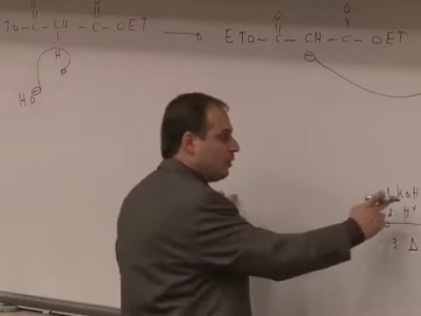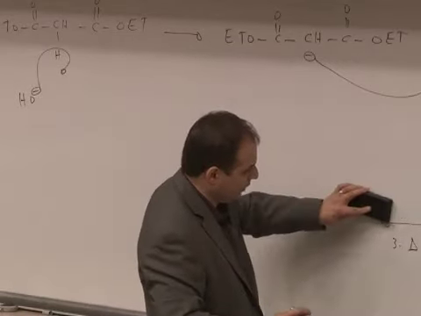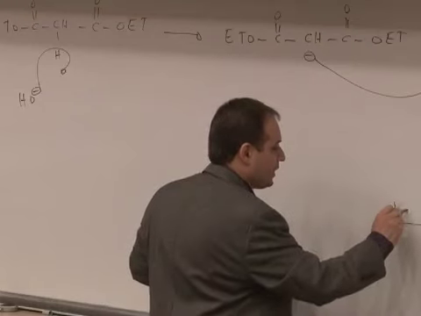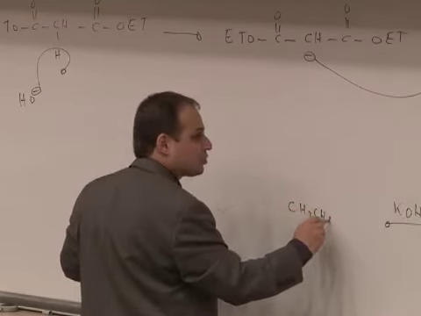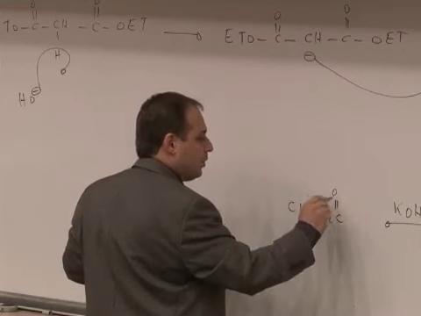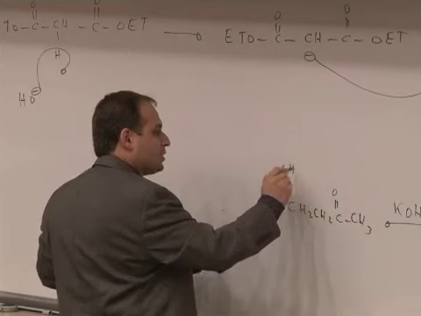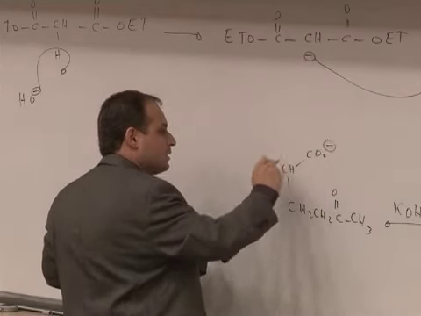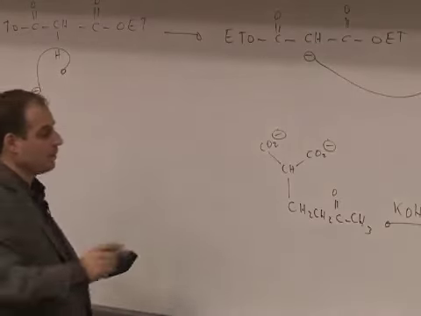Well, upon KOH, let's do it step by step, the saponification. So you will get CH2, CH2, C double bond O, CH3, and you have CO2 minus, CO2 minus,